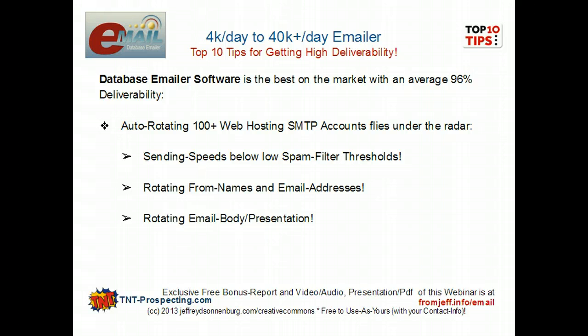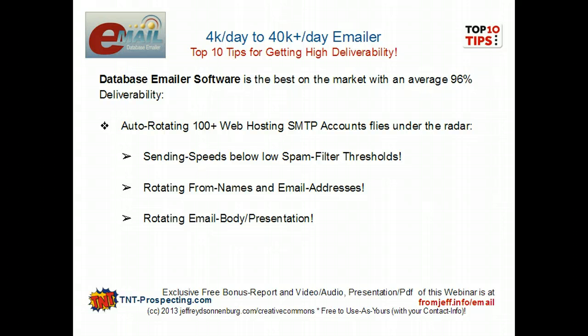that both the hosting services and the email providers have, and also any individual one that may be set up by a particular user. Because of that, it is very easy for us to stay under the sending speeds, well below the spam filter thresholds. This is where all the other emailers get into trouble, as they try to go too fast. And so by setting up well over 100 web hosting SMTP accounts, we just take whatever they say is their maximum email send rate, and we about half it, so that we're so far under it, we're never even